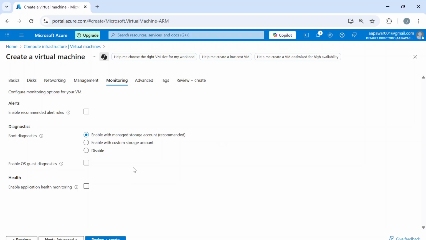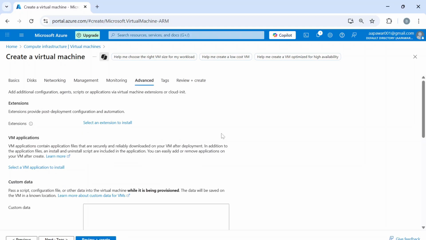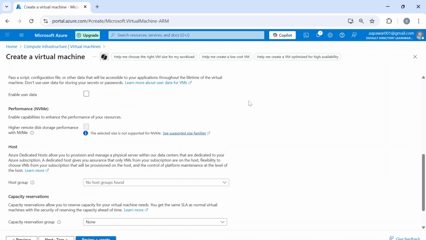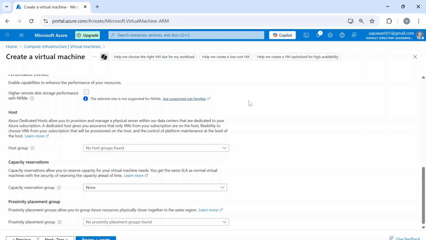Okay, then next is advanced, where you can select additional extensions. If you want to enable extensions for your new virtual machine, you can select them from here. I am going to keep these details blank because I don't want these options enabled for now. Then next,